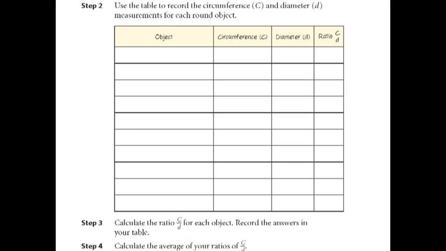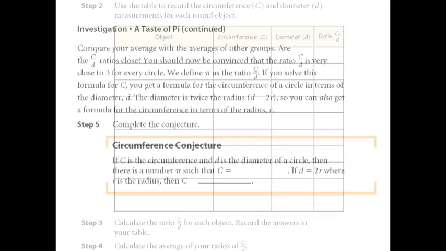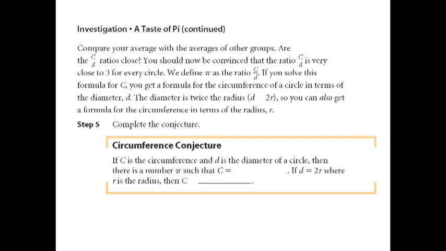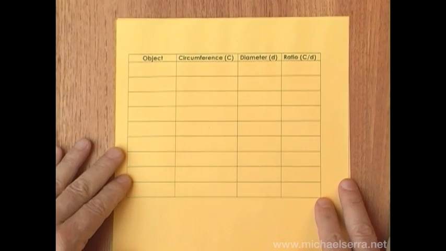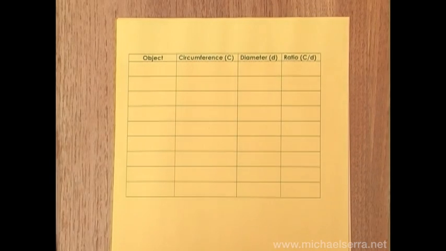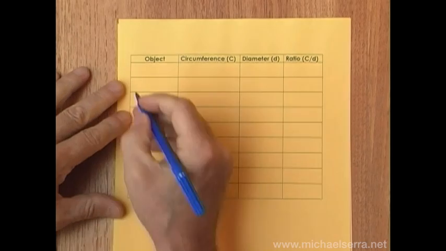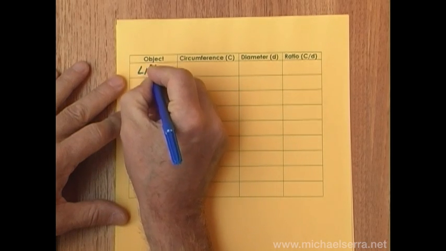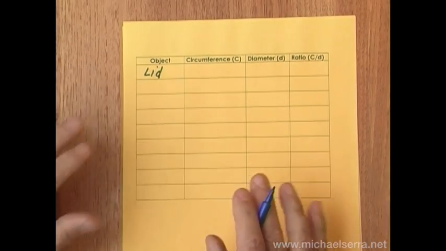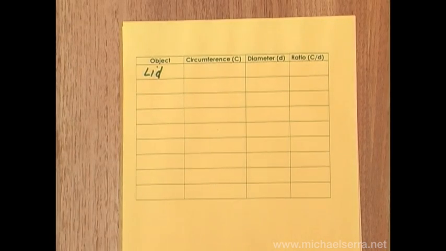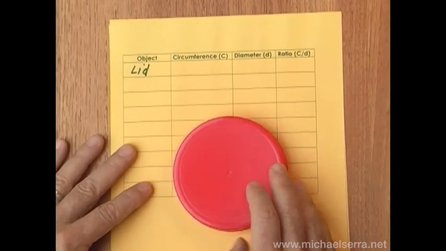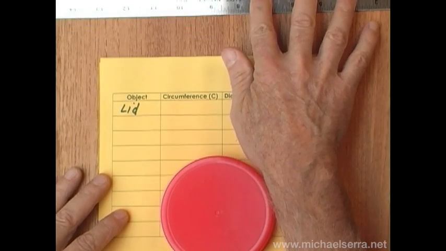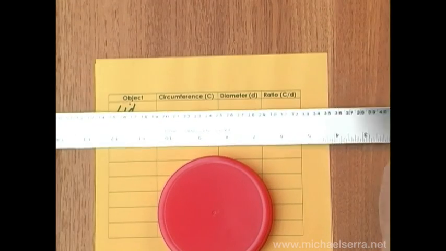So we're going to begin by taking a look at some different round objects, measuring their circumference and diameter, and seeing what we get. Okay, to do that, I've created a table, and the first object we're going to look at is a lid. So I'm going to put the lid on my table. Okay, so here's my lid. I'm going to be measuring it